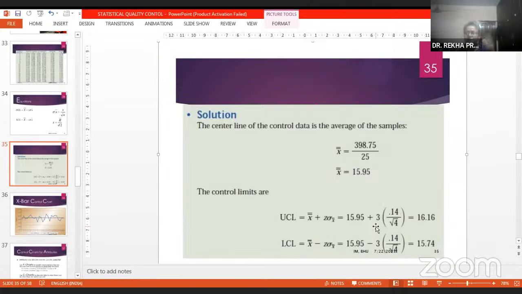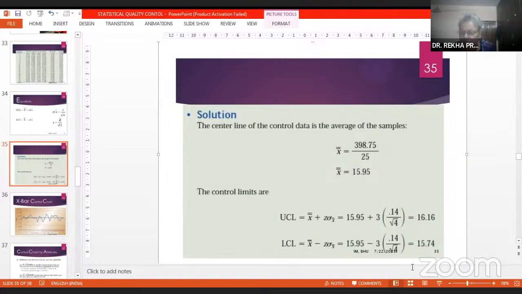If it is ±2, that means it is about 95%. And if it is ±3, it is 99.7%. So we have taken 3 over here. हम देखना चाहते हैं कि टोटल, ऑलमोस्ट टोटल पॉपुलेशन किस रेंज में है, and this we have calculated